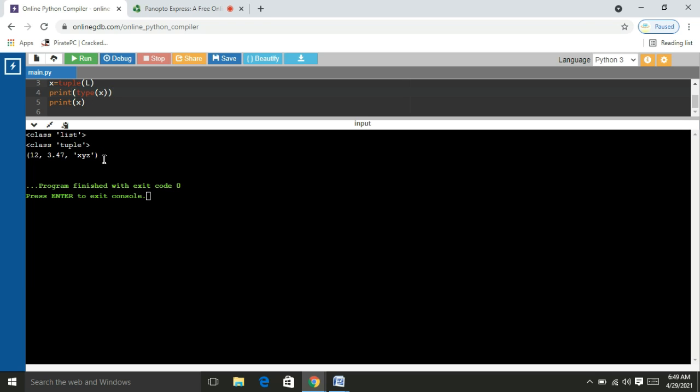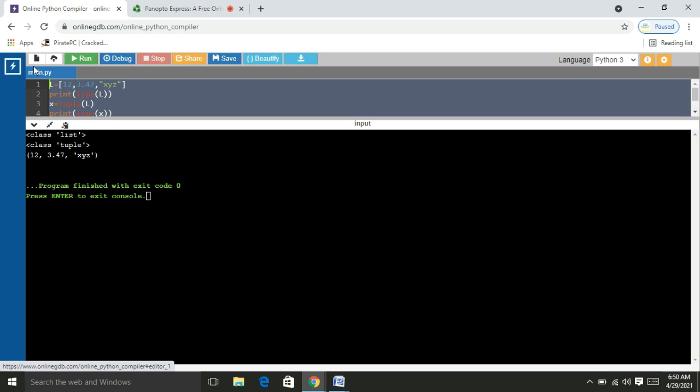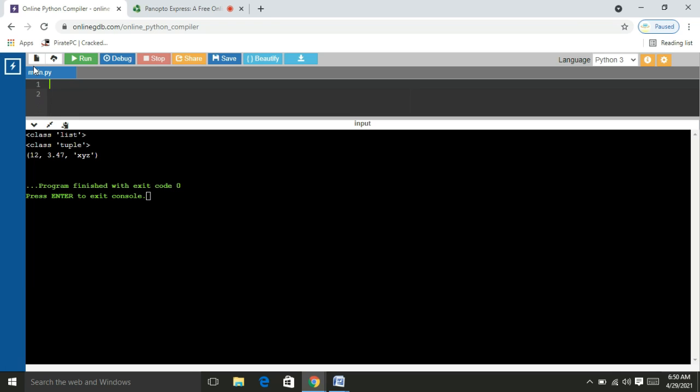Okay friends, I hope you can understand how to create a tuple. Here I created the tuple in three different ways. We can also create it in another way, which I will show: by using the parentheses.